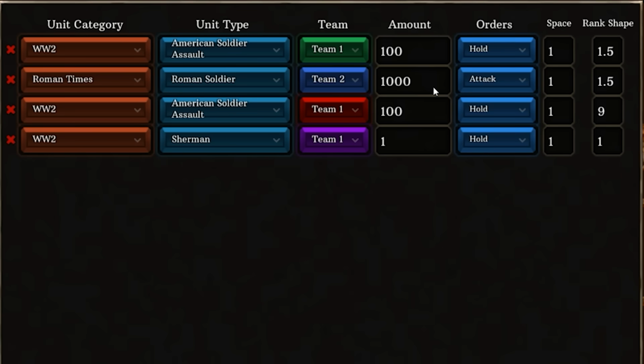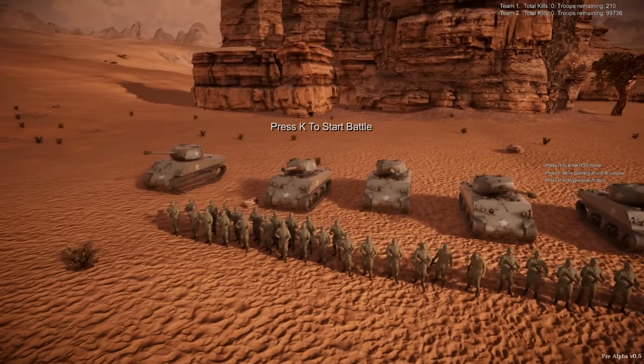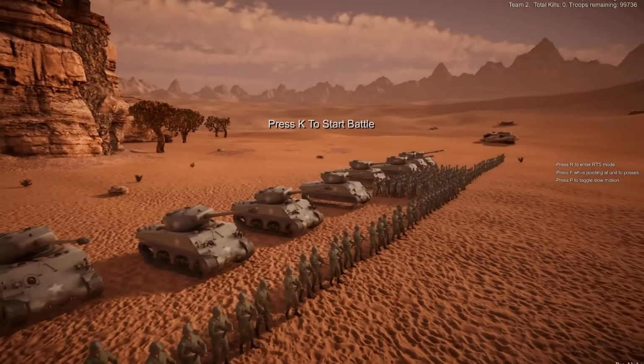Now, during this time, the Romans were only using 1,000 men. What would 100,000 men look like? We're gonna have them charge from a distance. Sherman tanks, 10 of them. It seems to reason that, like, if one Sherman tank could take 1,000, then could 10 take...